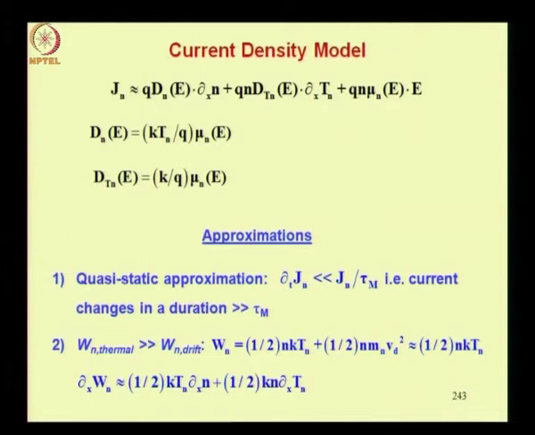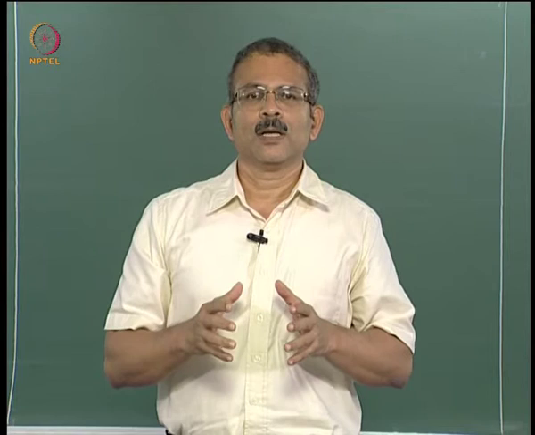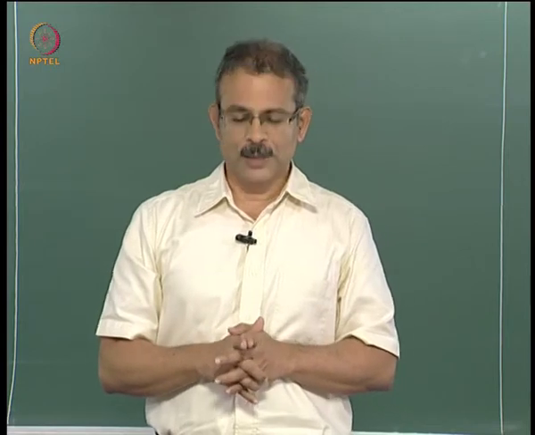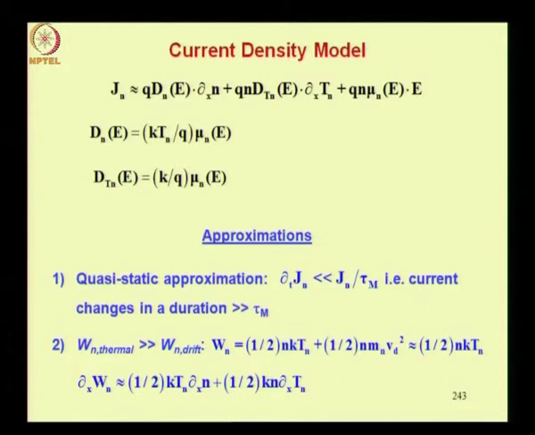Let us look at the formulae which relate the diffusion coefficient and thermal diffusivity to the mobility. This is the so called Einstein relation you have come across already in the first level course. However, the Einstein relation you discussed in the first level course was related to the equilibrium condition, whereas here we are using it for high electric field regions also. That is the difference. Similarly, the thermal diffusivity D suffix Tn depends on the mobility via this formula: k, the Boltzmann constant, divided by q times the mobility.